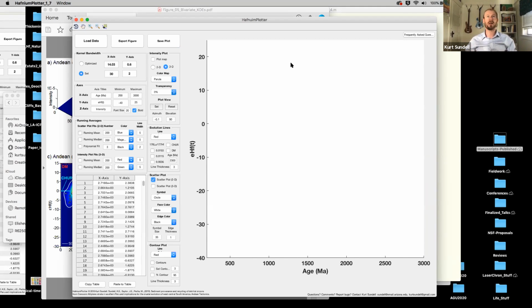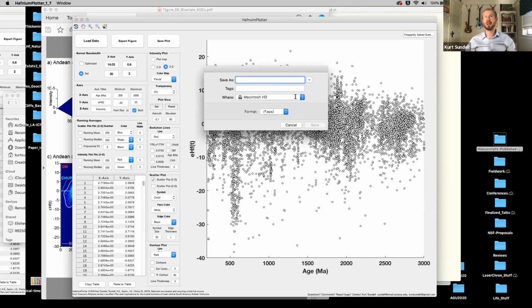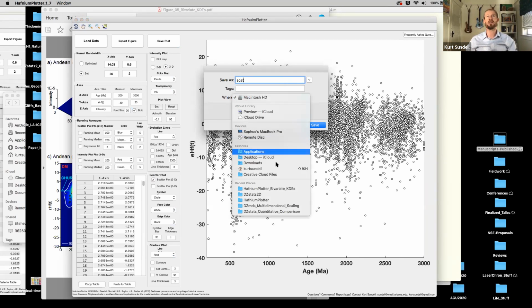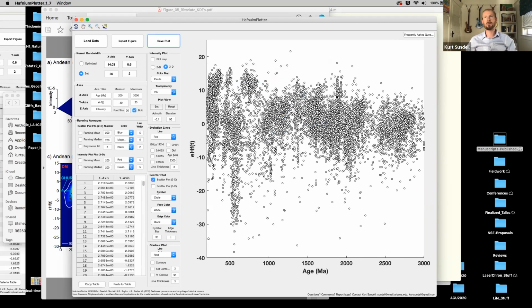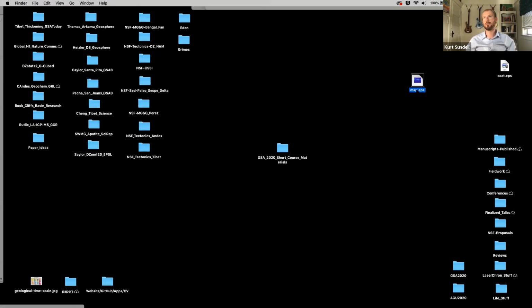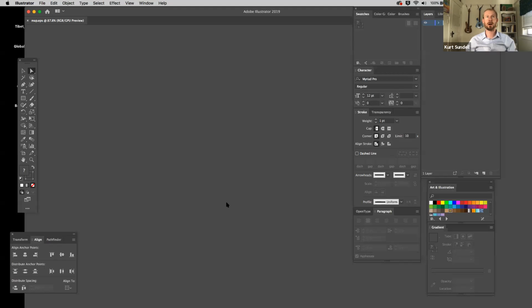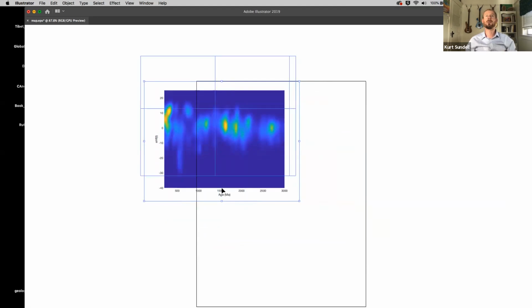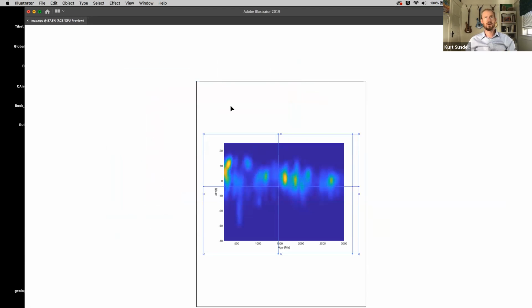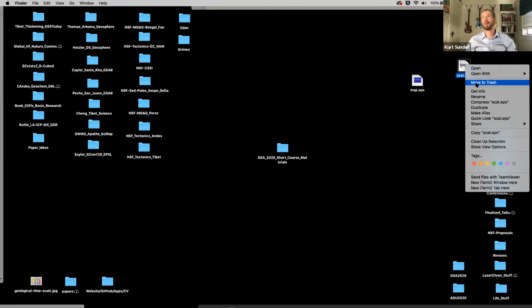If you wanted a scatter plot on top of that, you'd save that, and if there's no map, it's going to say, hey, I want to make this a vector image. Usually I just call it scat. I'll also save that on the desktop. And this will become clear if you're not as familiar with vector and raster. If you open up the map now, it's like a picture. You can't do anything to it, and the axes are not editable, it's just a picture, whereas the scatter plot,